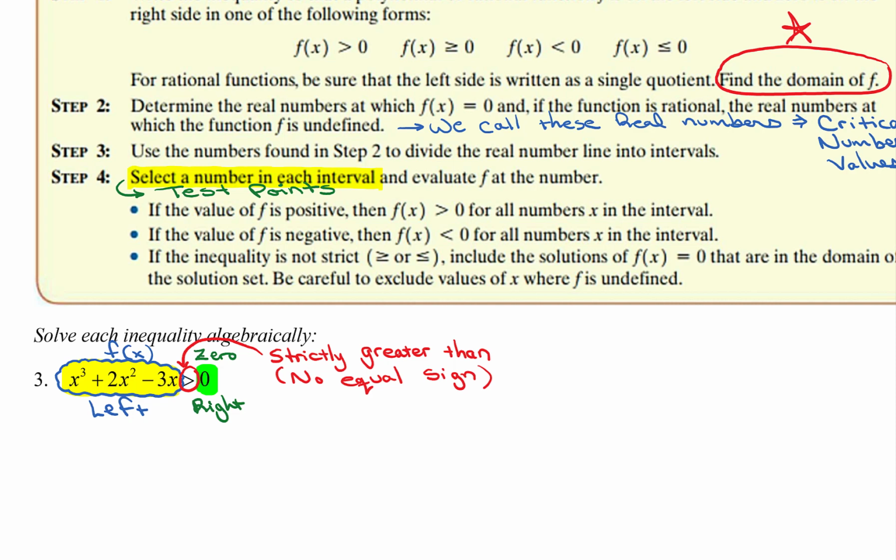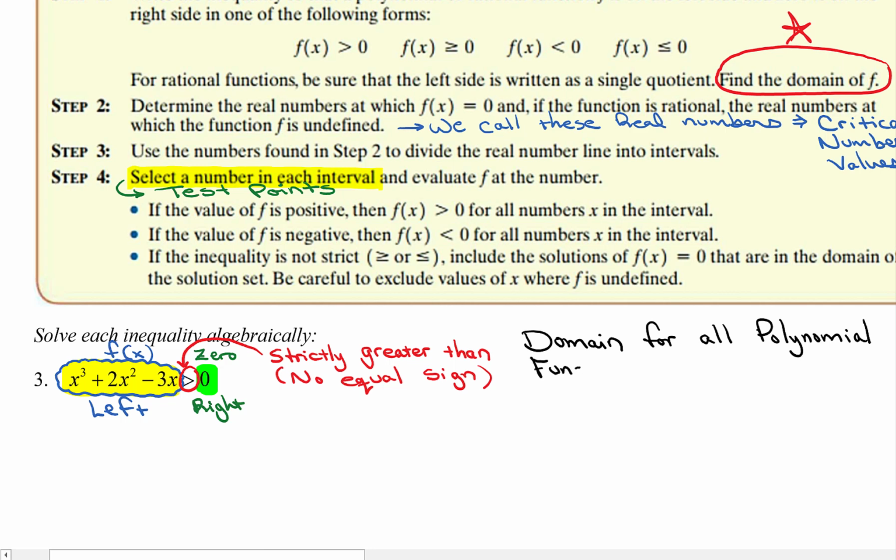I want you to keep in mind, when we're finding these critical numbers, our step 2 up here says you find the real numbers at which f of x is equal to 0, right? Or where it's undefined. But the domain for all polynomial functions is always going to be the set of real